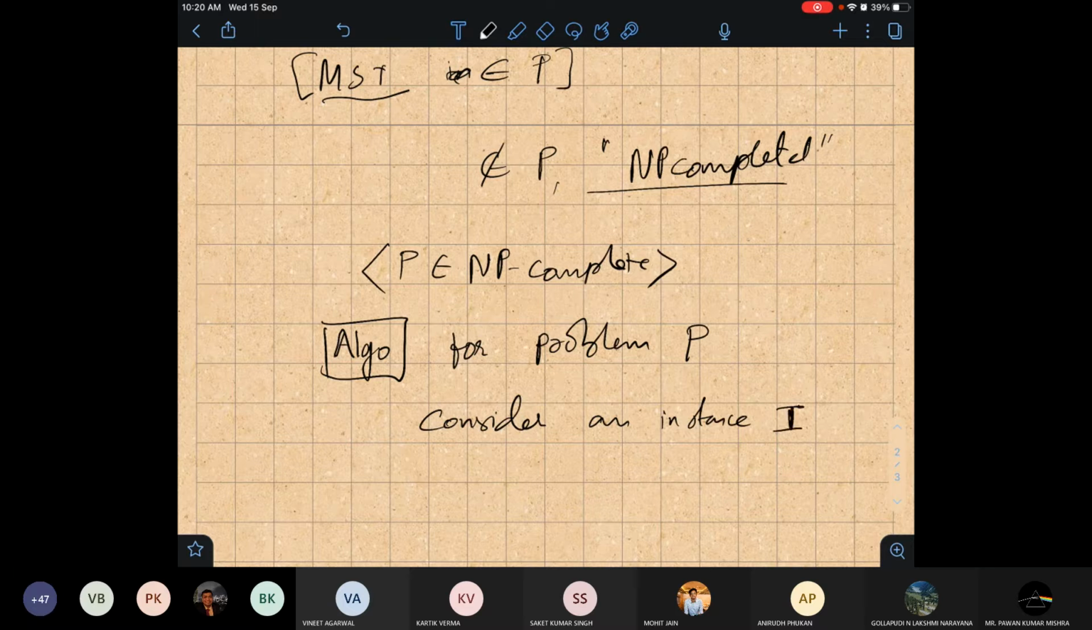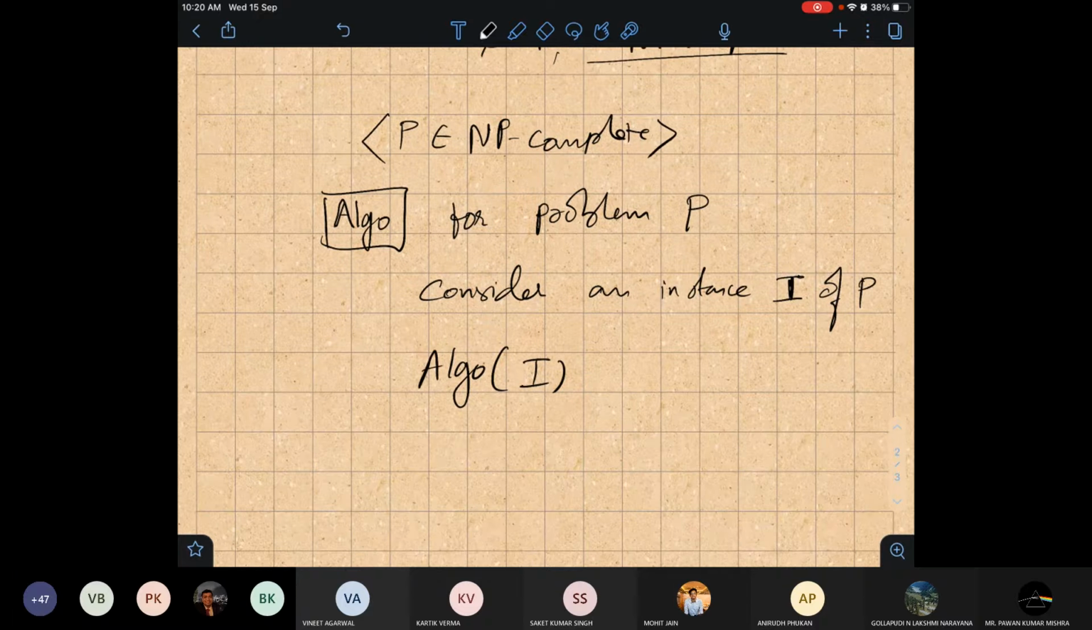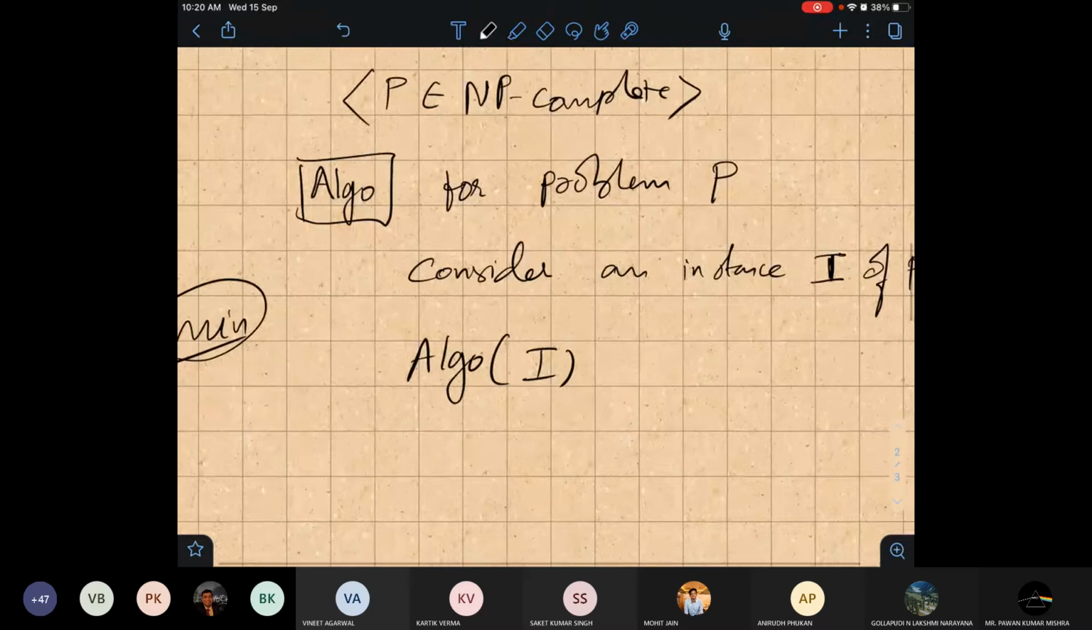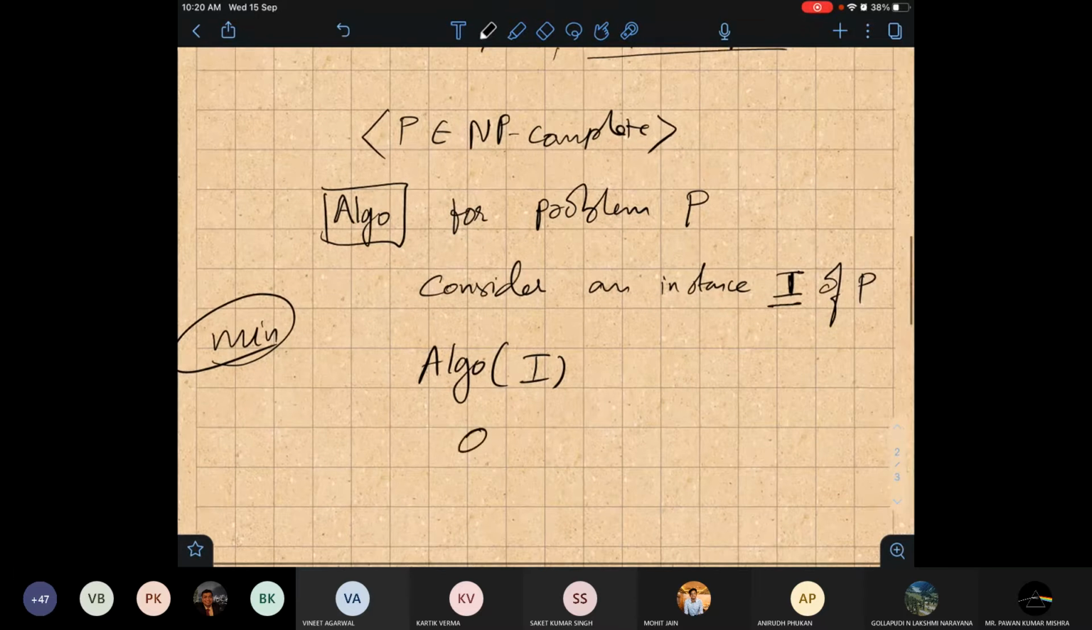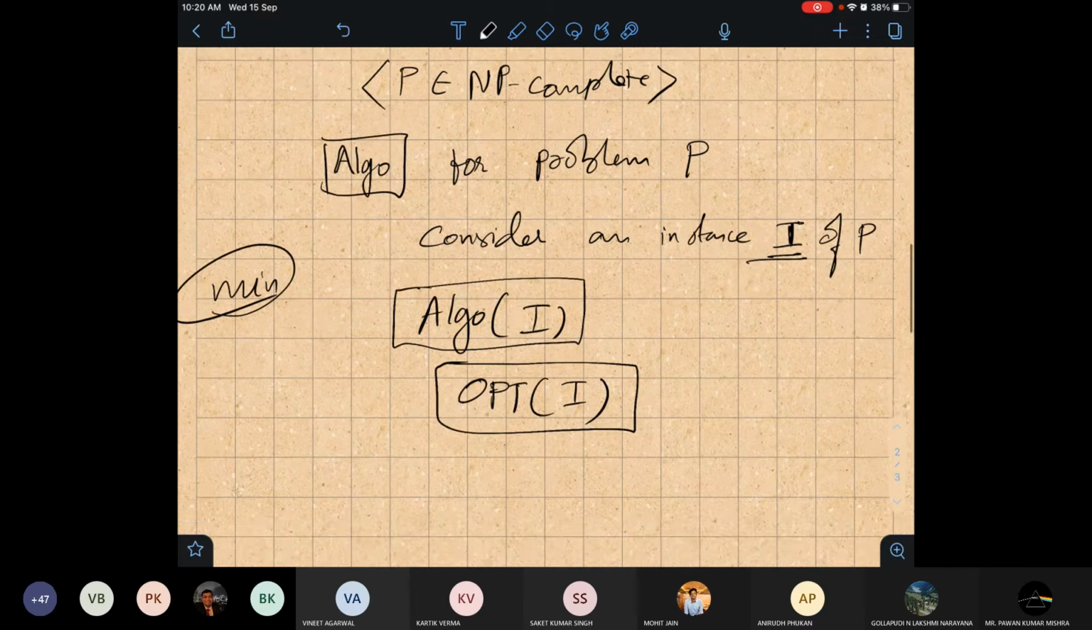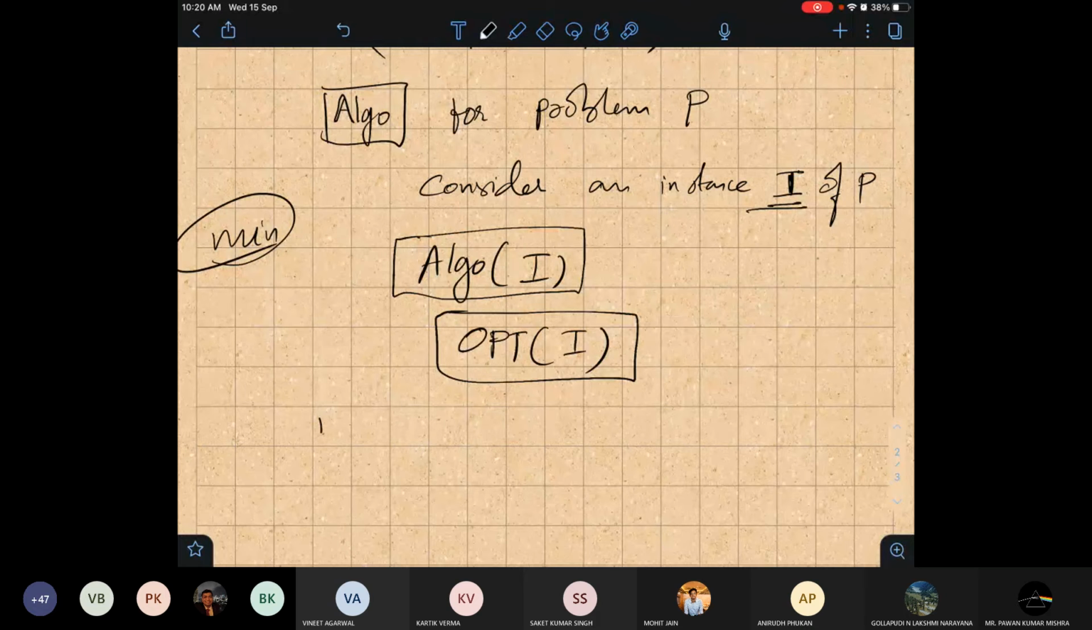Instance I of P. So we know that our algorithm will return some output on this instance. Suppose this is a minimization problem. So for this instance, we know that there will be some optimal solution. But we don't know how to compute this optimal solution. But we have designed an algorithm which gives me some output. So since this problem is a minimization problem,